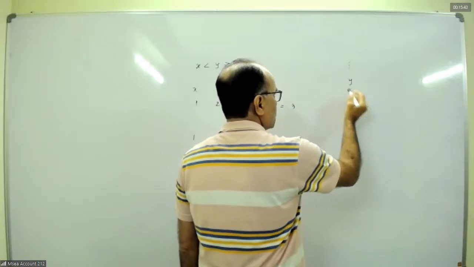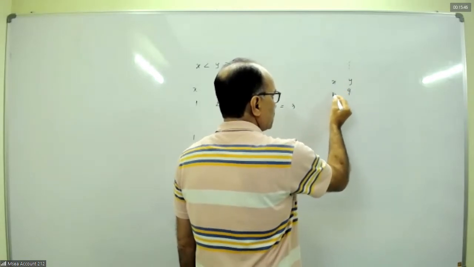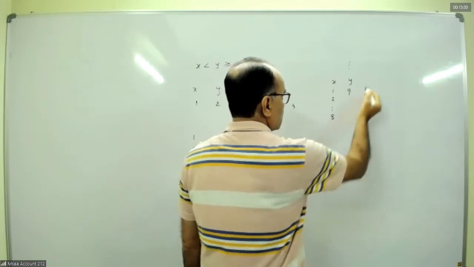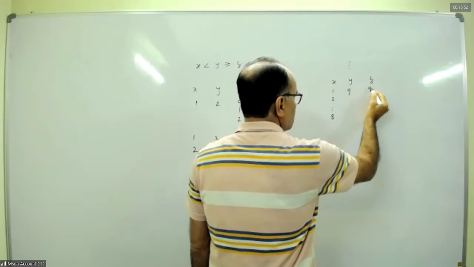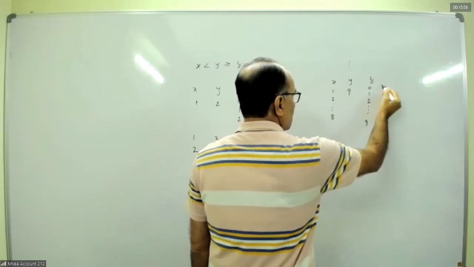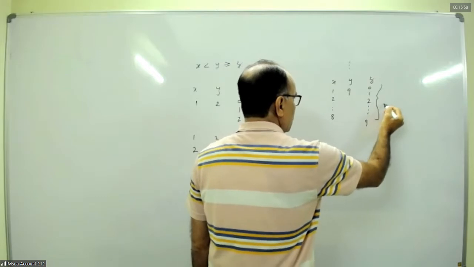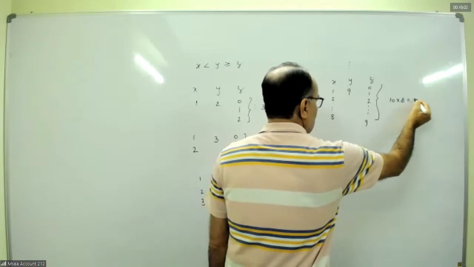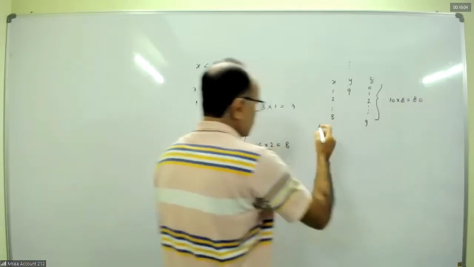Last one will be when Y is 9. X can be 1, 2, 3 up to 8. Z can be 0, 1, 2 up to 9. The total will be 10 into 8, 80. So if you add up all,